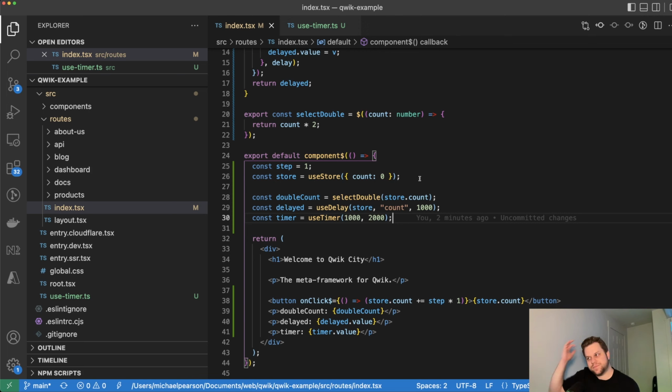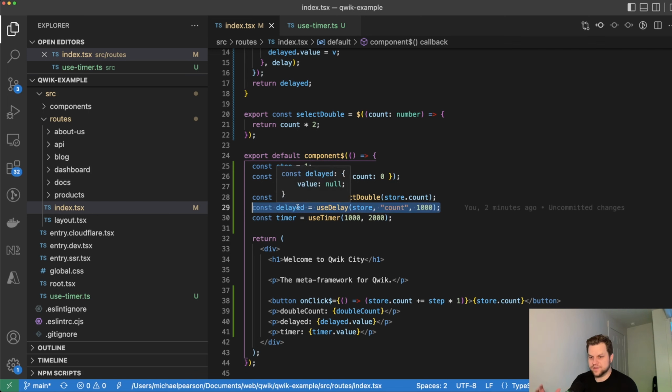Because if you can serialize a solid-like syntax, I'm pretty sure you could serialize an RxJS syntax, but I don't think you need to. What I care about is this just declarative code. I don't care if this says delayed $sign and then there's a pipe. I don't care if it's that or if it's used delay. The fact that there's a line dedicated to that and it's self-contained, that is what I care about. But if I could create